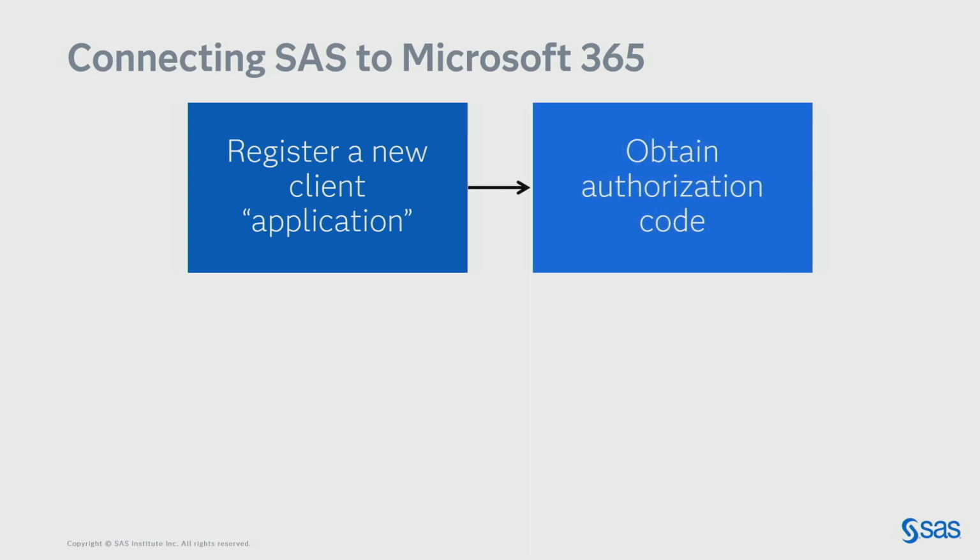But per user, we each need to get our own authorization code. This is because when we connect to the API and do these actions, we are doing them as us, as our own identity. So I can't use SAS to access data in Teams or SharePoint that I don't have privileges to. All of this access is delegated, which means it is acting on my behalf. So this is important. Every person who's going to be using this has to get their own authorization code.